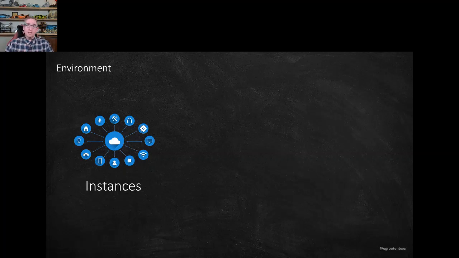Then we have the other tiers, which are the basic tier, the standard tier, the premium tier, and the developer tier. So the basic tier, as the name says, gives you all the basic things that you need from API management. Then you have the standard tier, and this has everything that the basic tier has, plus Active Directory integration for your developer portal. So if you have a lot of internal developers, or a lot of partners in your Active Directory, you can use the Active Directory as your authentication method for the developer portal. So they don't need a separate account, but can just use their own account.